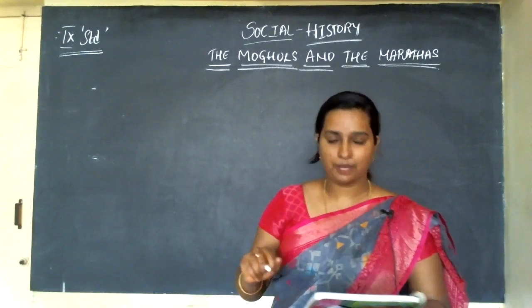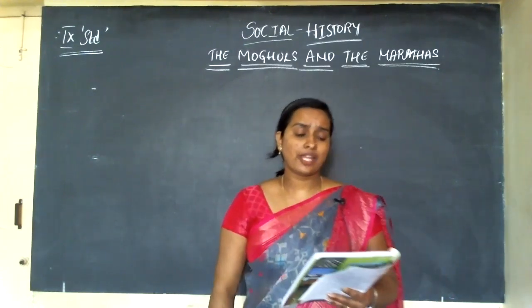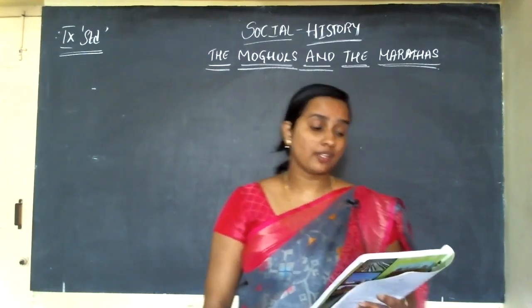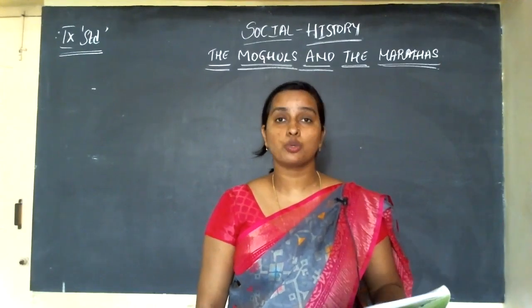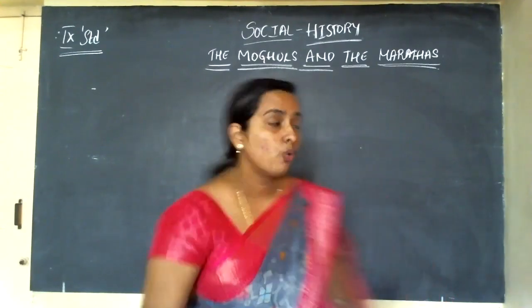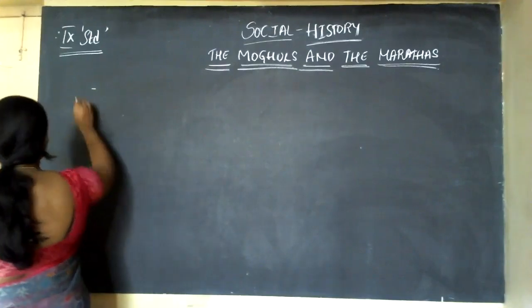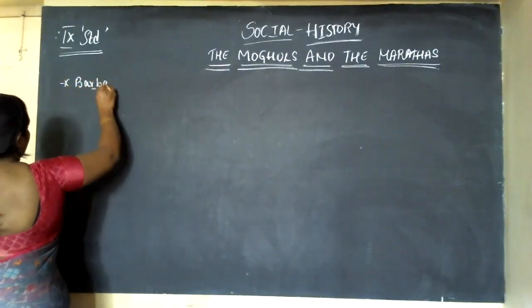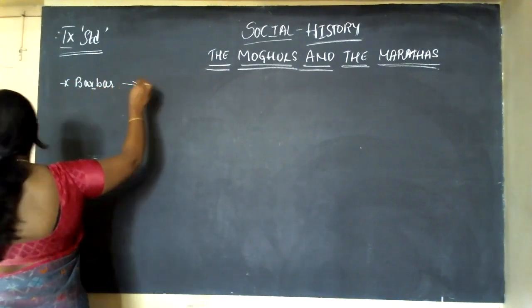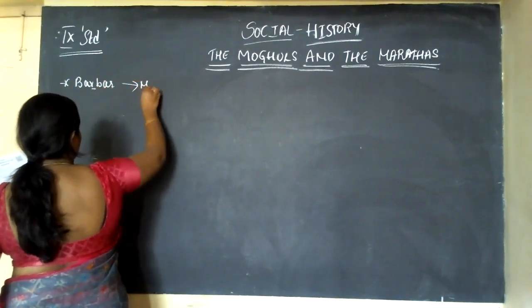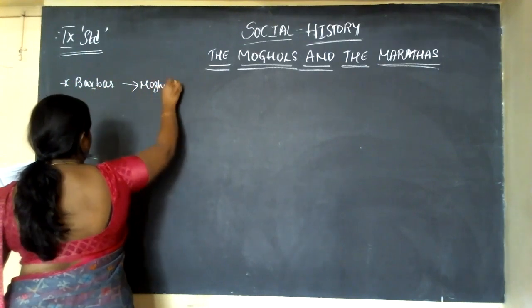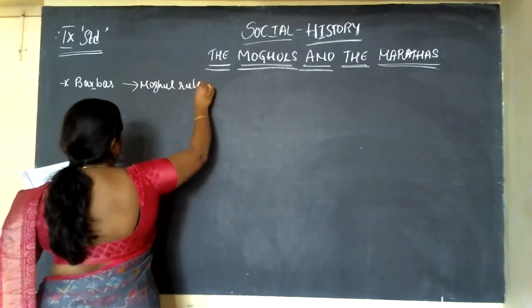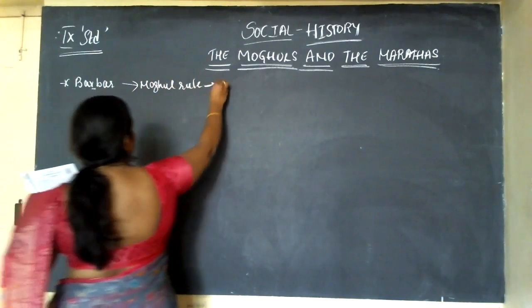Coming back to your lesson, when the administration of the Delhi Sultans was weak, Babar established the Mughal rule in 1526 CE. Who established the Mughal rule? It's Babar, who established Mughal rule. In which year was it? 1526